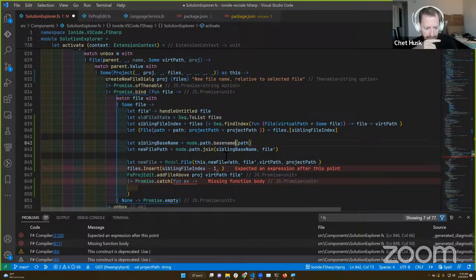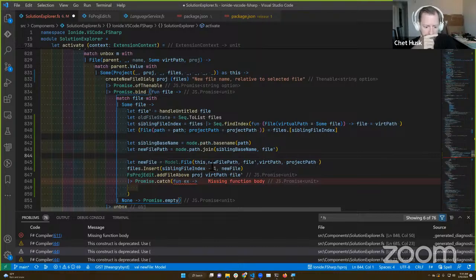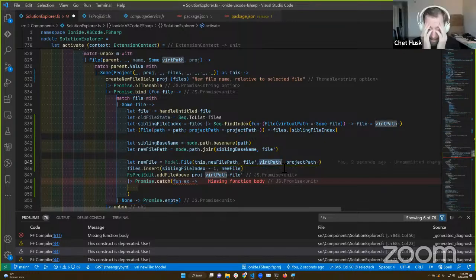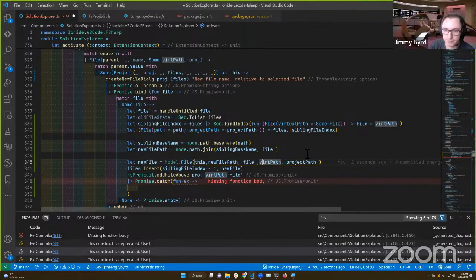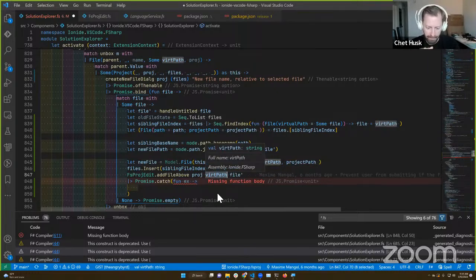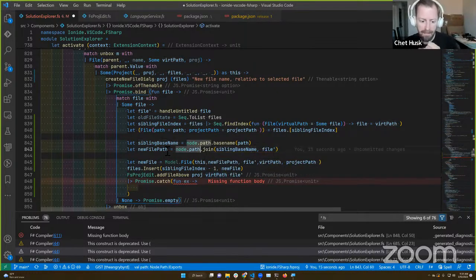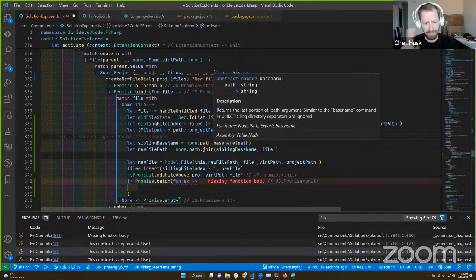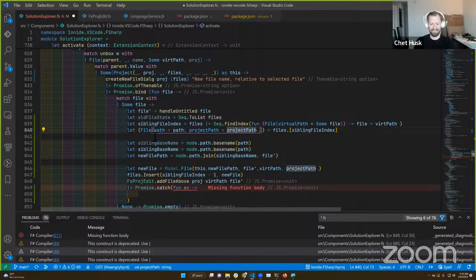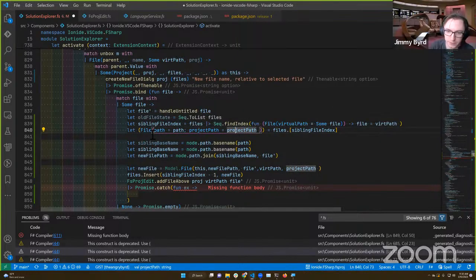Sweet. So our virtual path is going to be file prime, actually. Maybe. Oh no, it's not entirely going to be. We're going to have to compute that too. But this is a similar sort of thing. We can get the base name of the sibling file, so you'll want to pull that out as well, or the base name of the sibling file's virtual path, and then glom this onto it. Hooray. And so this is virtual path.